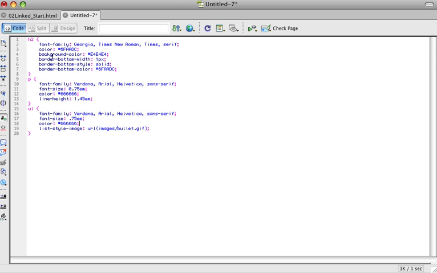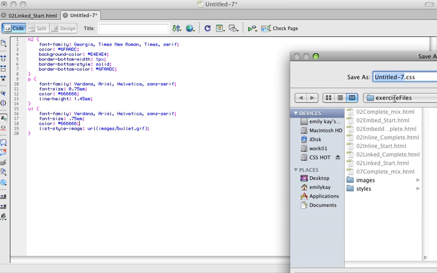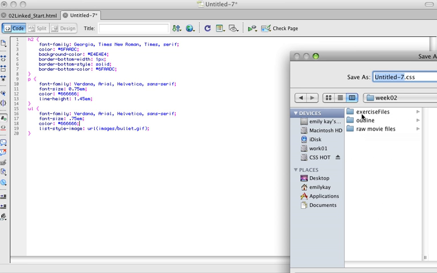All right, I'm going to go ahead and I'm going to save my file. So I will just save this file out. And when you save the CSS file, you just need to add the extension of CSS. So I'm just going to go ahead and make sure that my files are here. And I'm going to go ahead and save this one as, I'll just call this